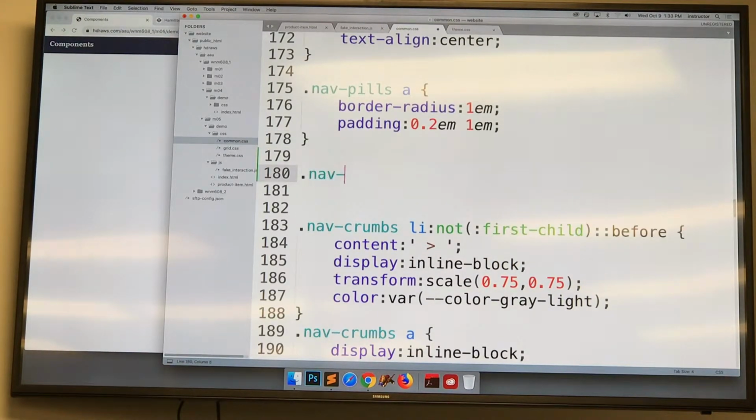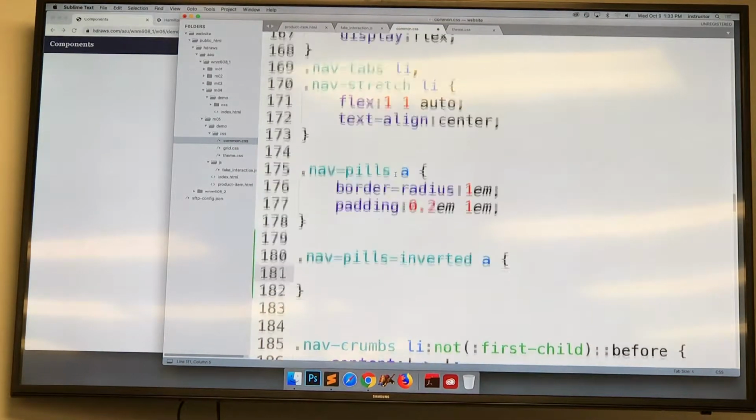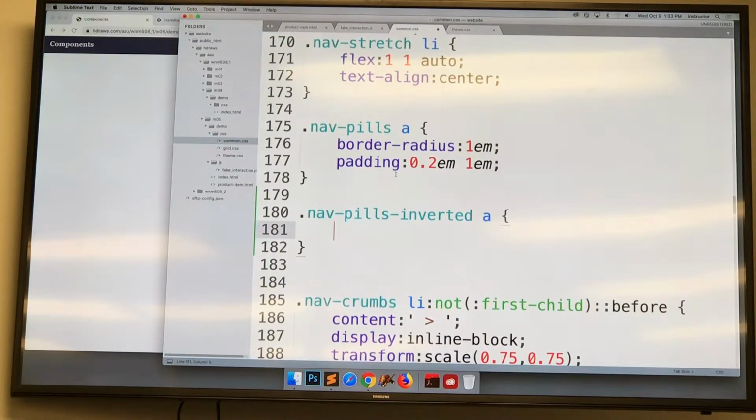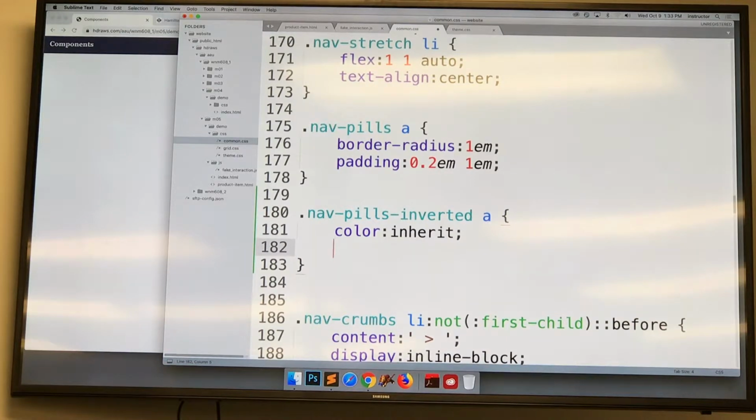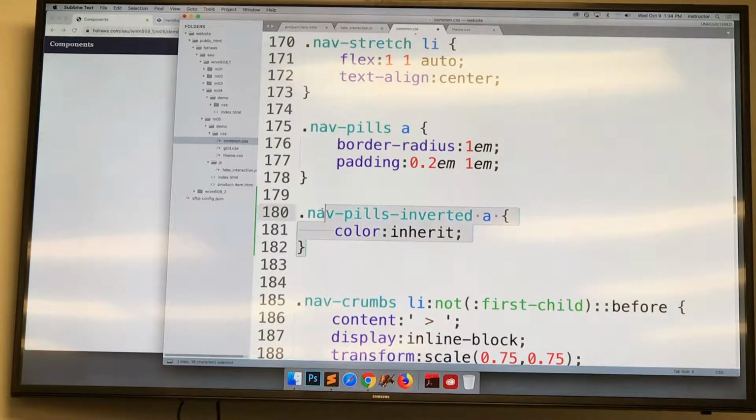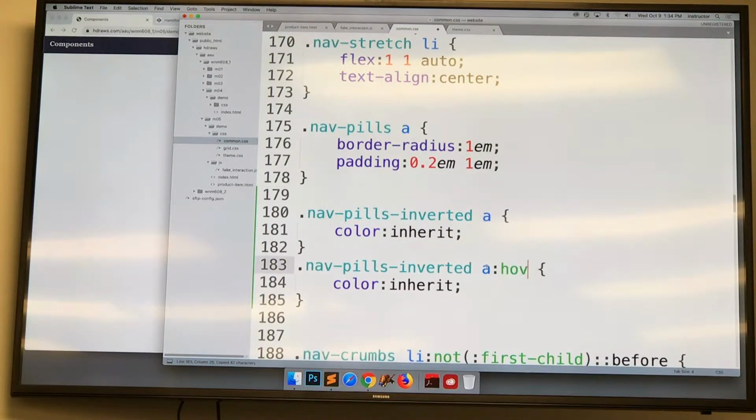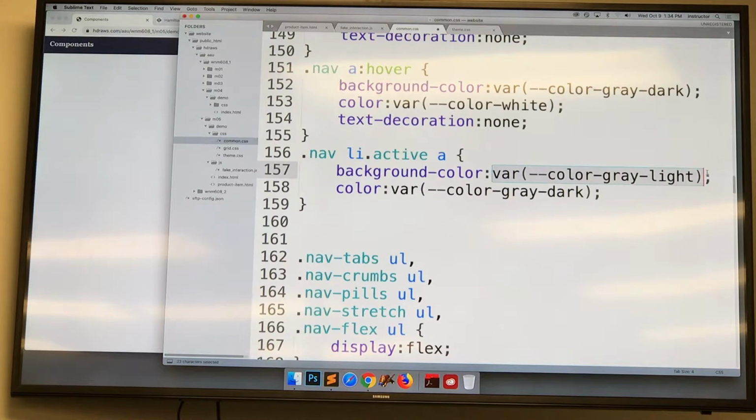So I want a nav pills inverted, which is going to have a color of carrot, and then when it's hovered, it's going to have a color, what did we say? Nav dark